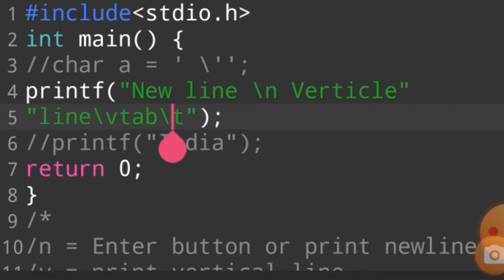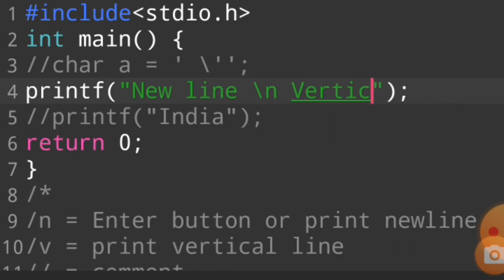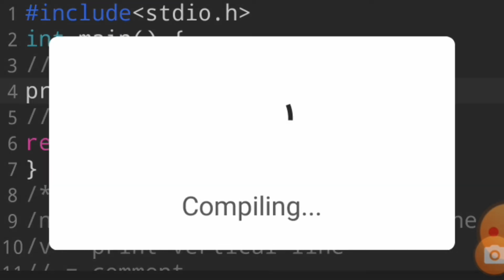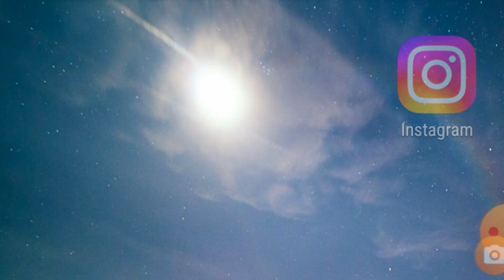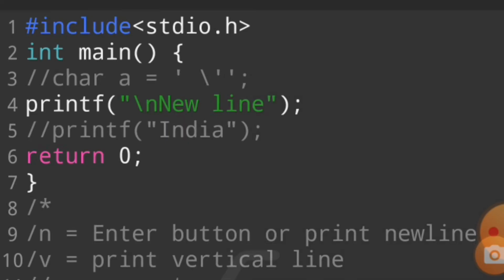When you use an escape sequence character, first of all you use a slash and then you use a special character. For example, if you want to print a double quote, and if you want to print a tab, you use \t. To print a new line, you use \n. I will explain this topic again. For new line, oh I'm so sorry guys. This is my phone problem, don't worry guys.